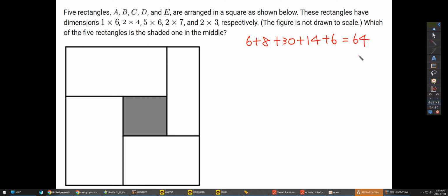Okay, so that means the side length of the square is 8. So if we make 8 by 8 square,